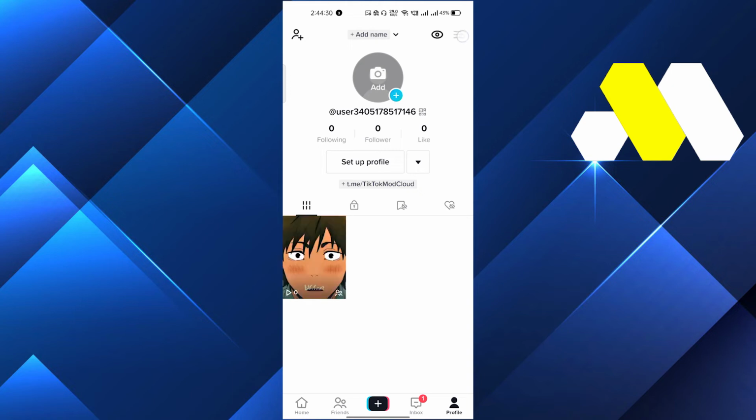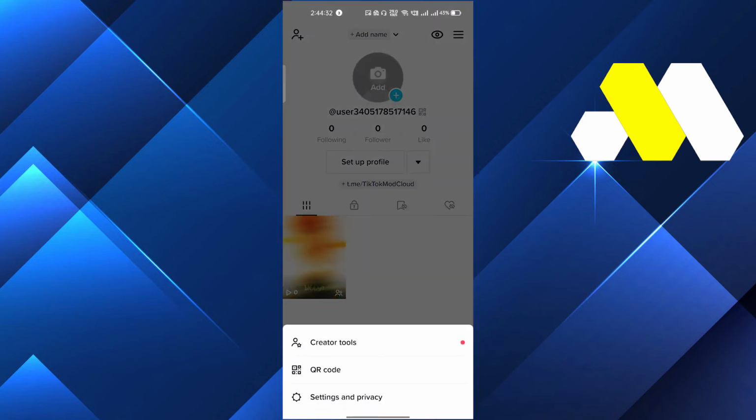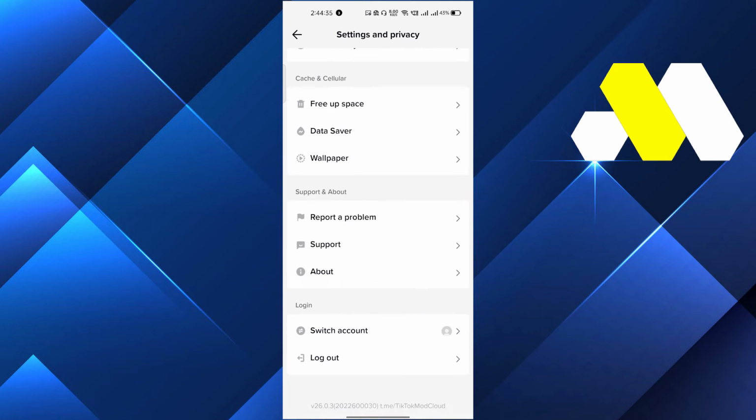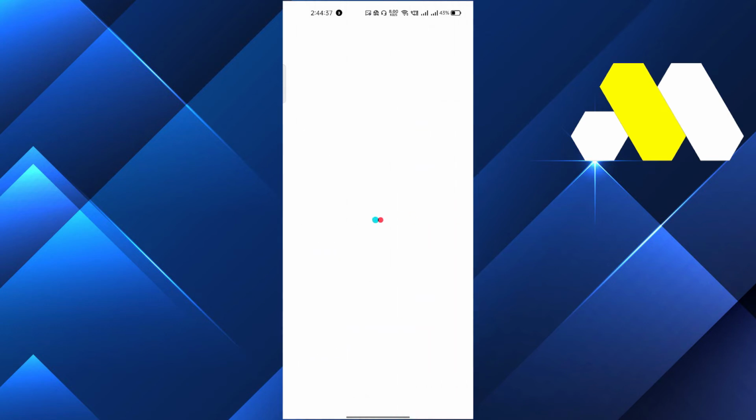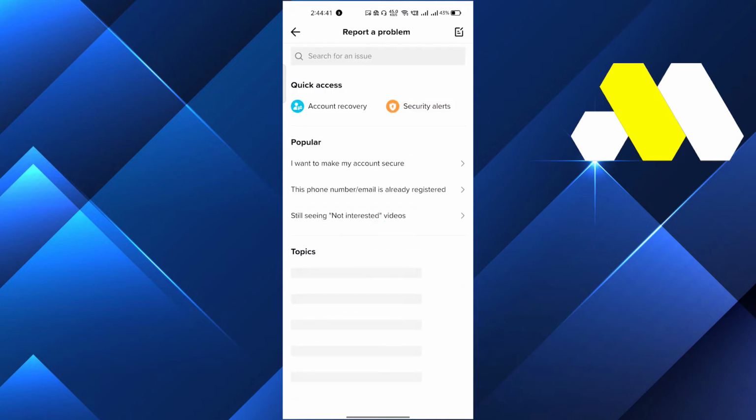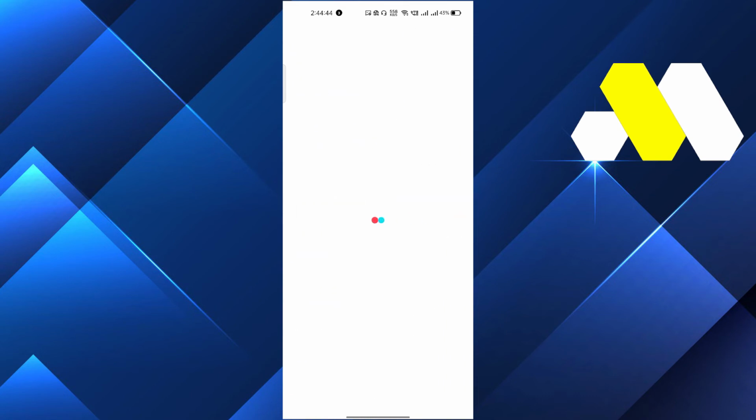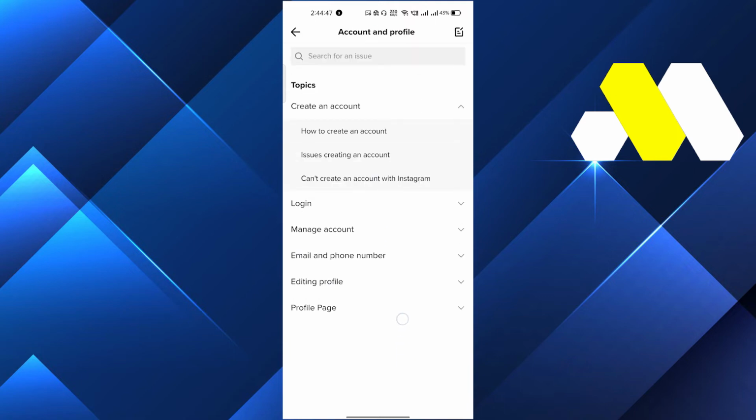We will just go back and we will click on the three lines which is on the top right side corner, and after that we will go into settings and privacy, and here we have to click on report a problem, and just wait for a few seconds here guys. Okay, then after that we will click on account and profile, and after that click on editing profile, then unable to change username,